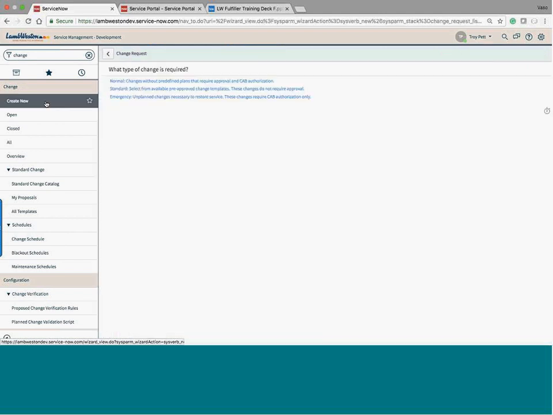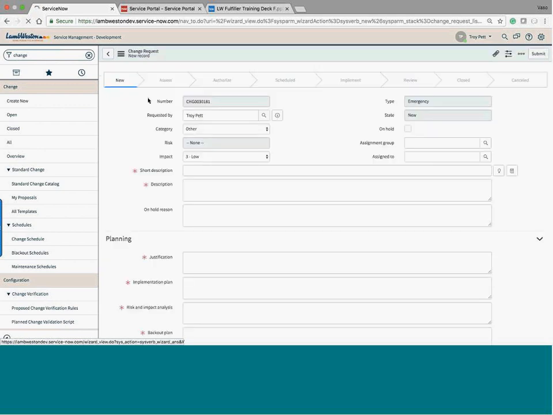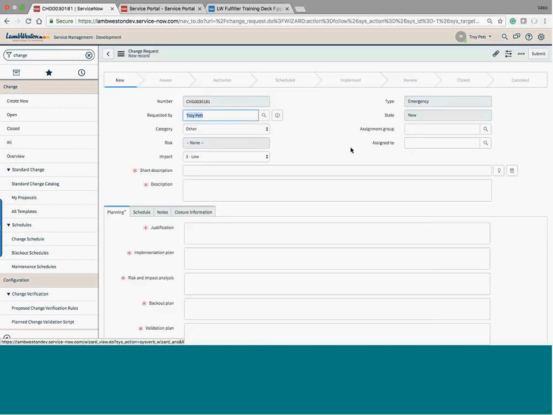So click on create new. We'll go through the 3 scenarios of creating changes. We'll start with emergency. So go ahead and create an emergency change and progress it through the workflow. All of our fields are pre-populated. We can choose the category. I'm going to go ahead and choose hardware,